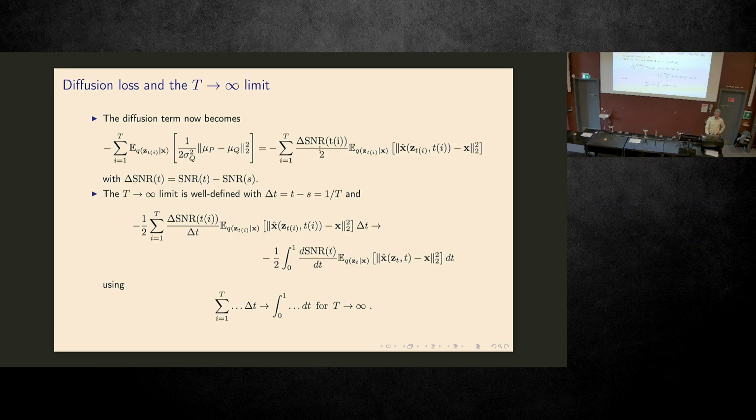You can see there's no delta t in this expression, so I divide by delta t and multiply by delta t, and now I take the t going to infinity limit. I'm not a mathematician, sorry, but I believe that it's well defined to replace these deltas with a derivative and then this sum here with an integral, right? So you replace this infinite sum with an integral with t going from 0 to 1, right? So that was also the reason why we wanted to have the indices between 0 and 1. So this is very nice, right?